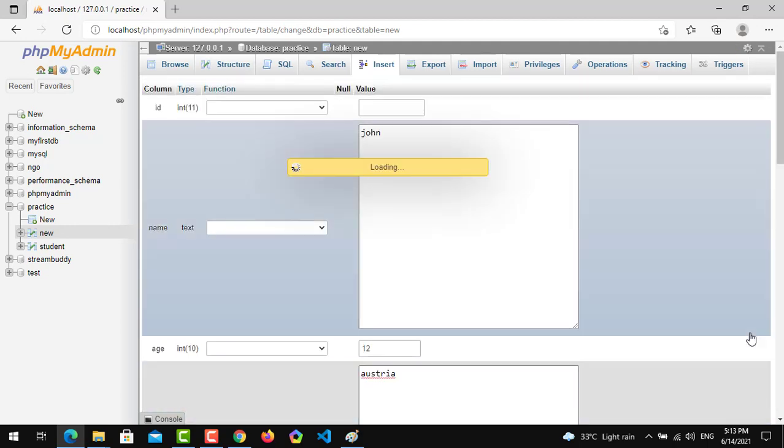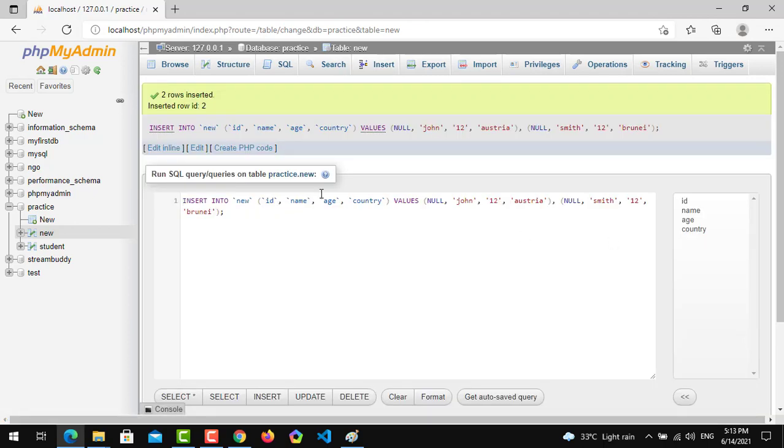Go. Data has been inserted. We have to insert one more entry. Name is Jack, age is 13 and country is Canada.